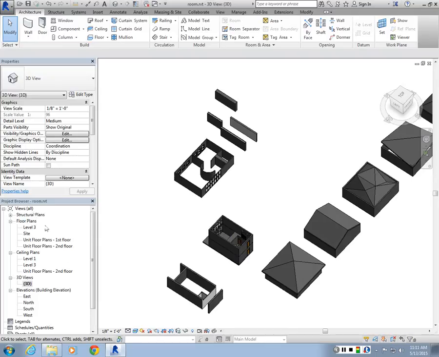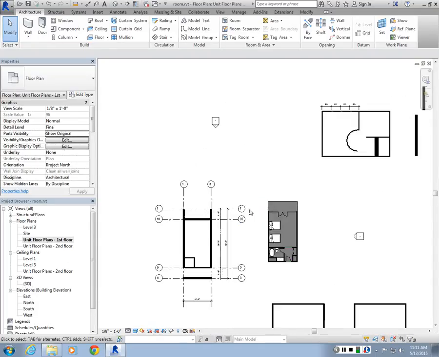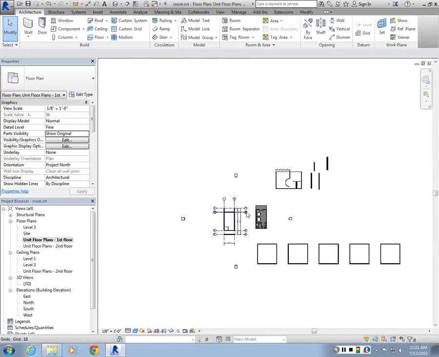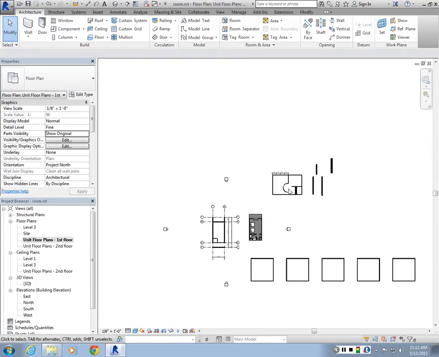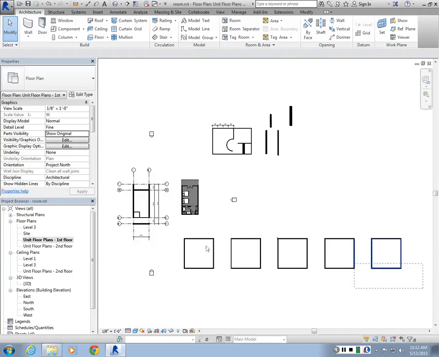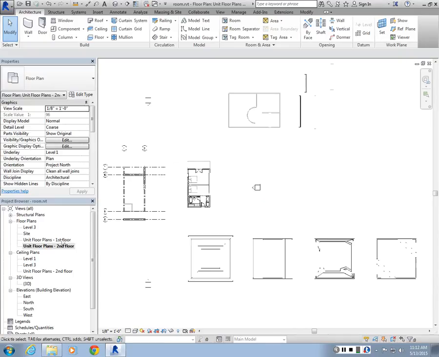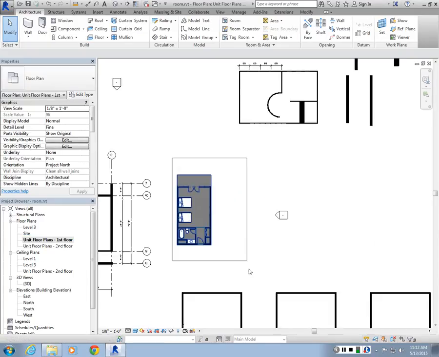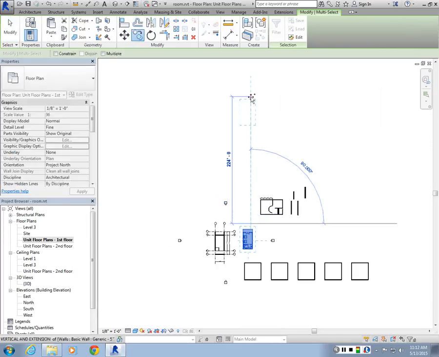So what I'm going to do next is to create a grid, create some copies of my units, and then make multiple stacks of it, and then create a column grid underneath it. Okay? So let's go to first floor. So I'm going to select this guy, type in CO for copy. I'm going to move it here,